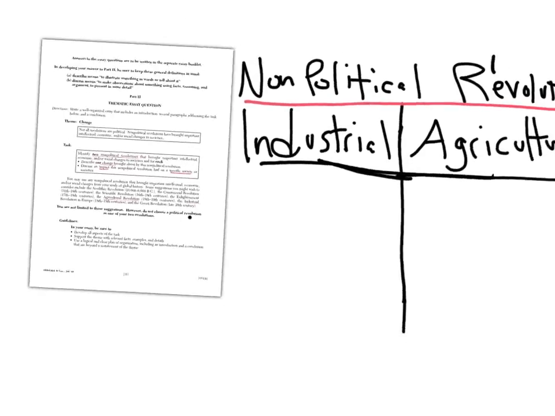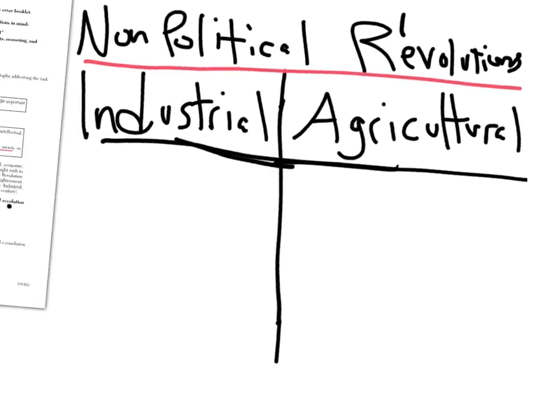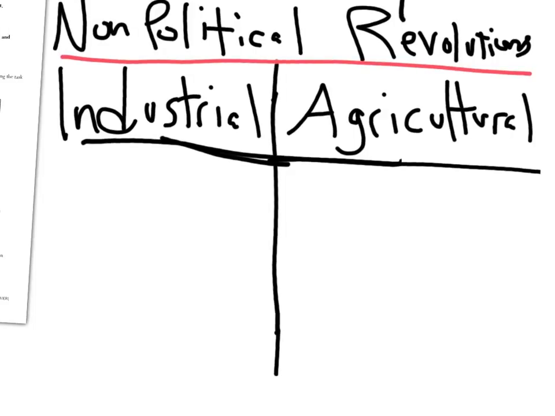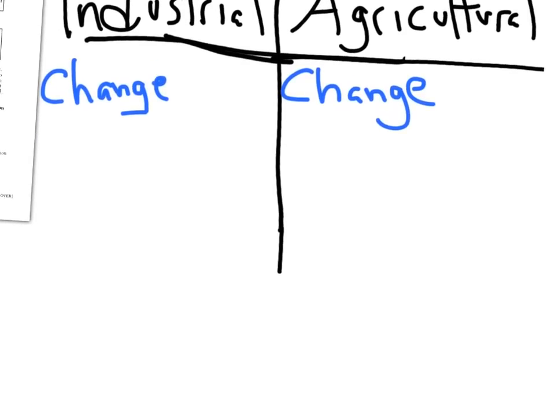Sometimes I get confused. Sometimes I forget what I'm doing. So let's set this up so we don't have that confusion. So we're going to be talking about change. How did Industrial Revolution change society? And change the world. And what was the other one? How did it affect society?